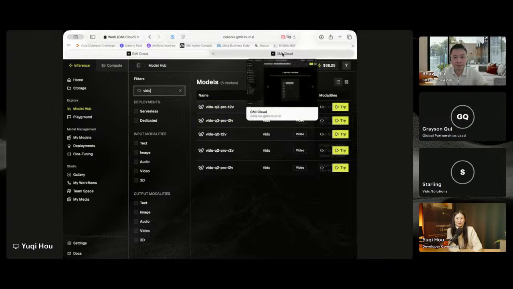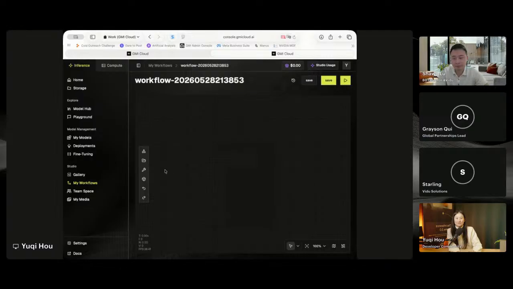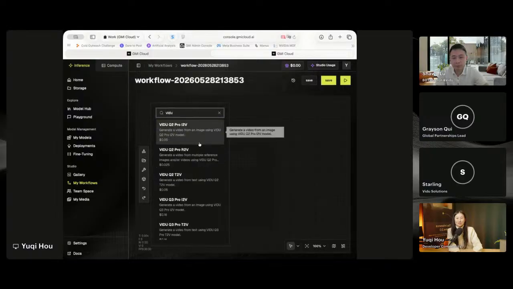The second thing I want to show you is the studio workflow. The studio workflow lets you do this without having to be a developer. You can select the same models within these different categories, and that's how you can also put together your own workflow of different nodes to start putting together your own videos. Once they get generated, you can find them in storage. So those are the two ways that you can interact with Vdoo on GMI Cloud.